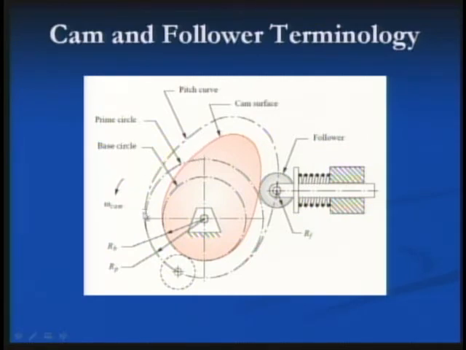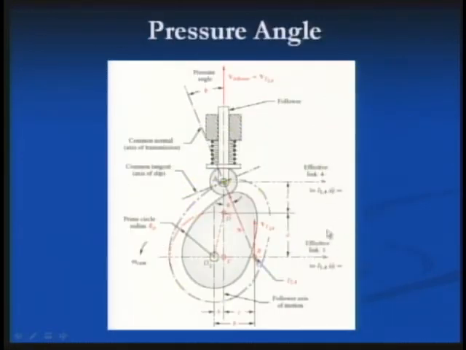The S diagram can be thought of if you look at the prime circle right here and this pitch curve. This pitch curve, with the prime circle subtracted from it, flattened out, is the S diagram. Or another way of thinking of it is, if you wrap the S diagram around this prime circle, you get this contour. Pressure angle is defined, as you can read about in Chapter 8, as the angle between the direction